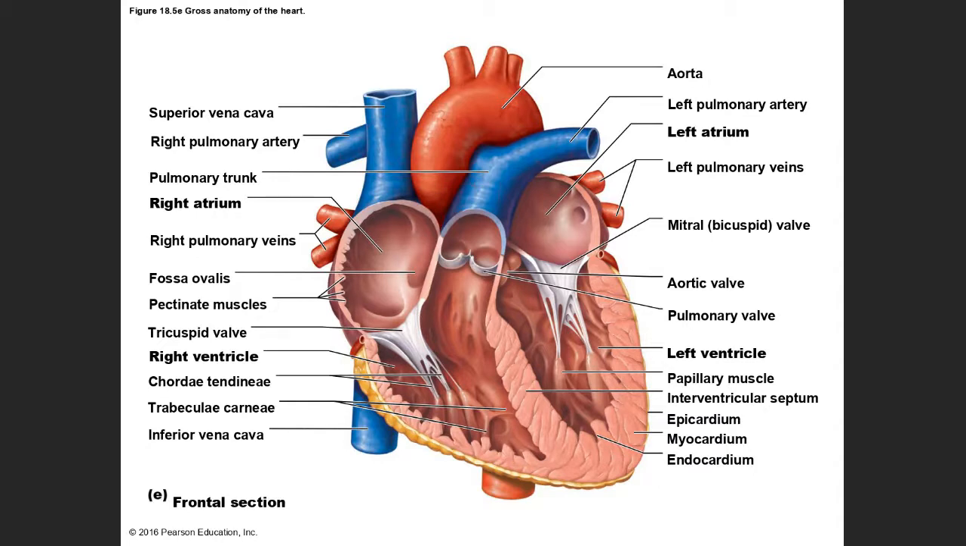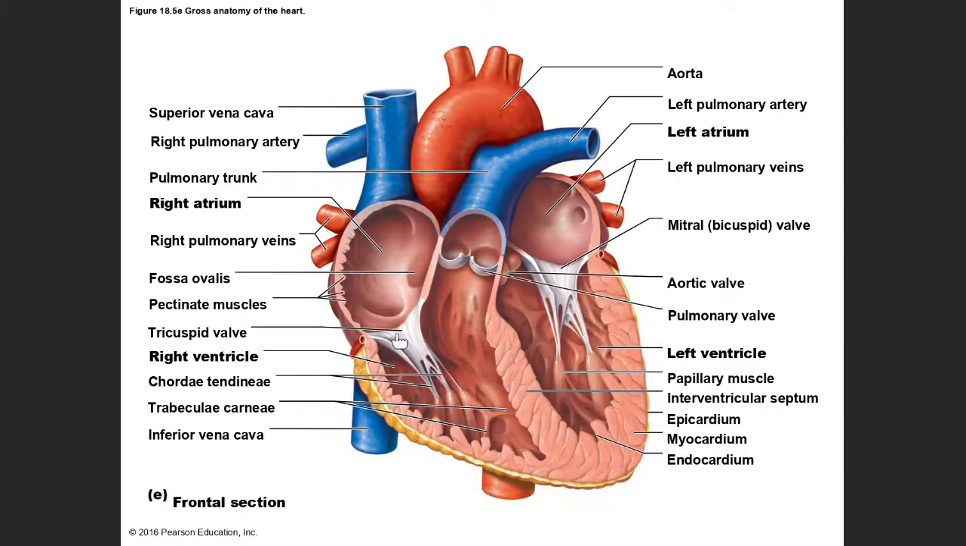So first of all, let's review some anatomy, some structures of the heart before we talk about the blood flow. As I said before, we have 4 chambers of the heart. We have 2 atria, right and left, and the 2 ventricles, right and left. And we have the